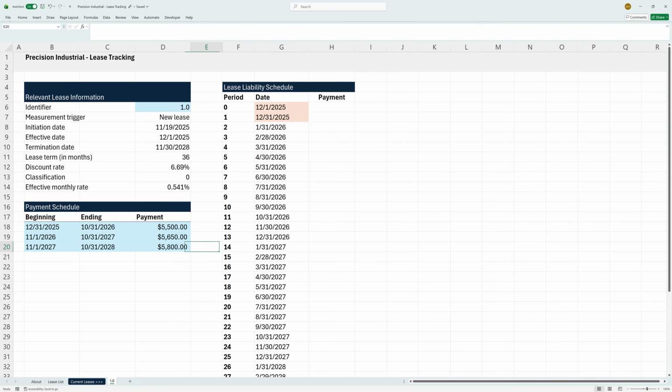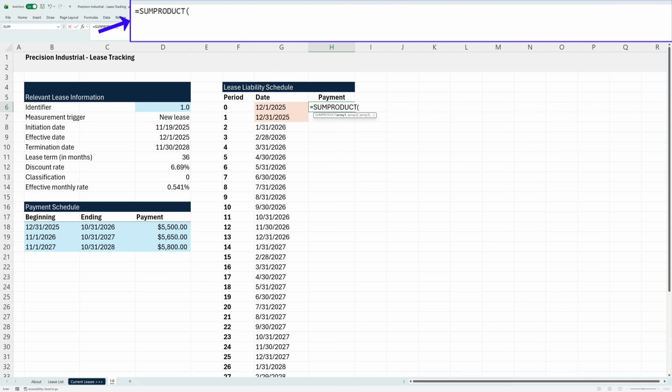Now we're ready to add our payments to our schedule, and we'll do that using a sum product formula. Essentially, we want to find the payment amount for the reporting period where the reporting period is between the beginning and ending dates on our payment schedule. So we'll say equals sum product, we'll create an array, and say if our period date is greater than or equal to the beginning date in our schedule, then another array for the same period date, but this time less than or equal to our ending payment date. And finally, we want to include our payments. And if we lock our cells and copy this down,